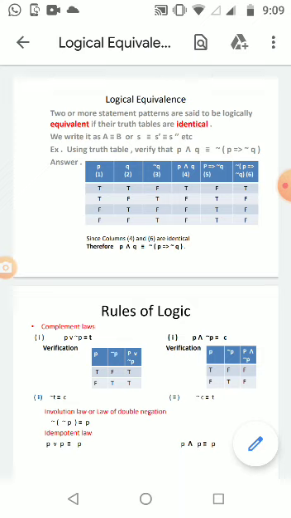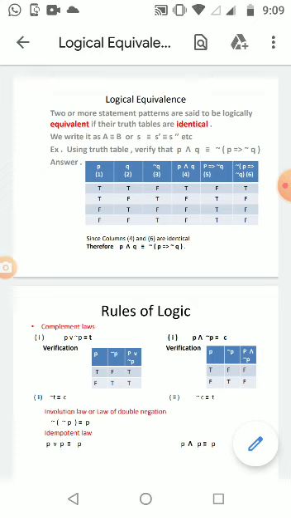Now we are preparing a joint truth table. Though the left hand side and right hand side have different statement patterns, the table should not be prepared separately. We have to construct only one table showing the left hand side and right hand side both. So that is what we have done here. The table has 6 columns and 4 rows.